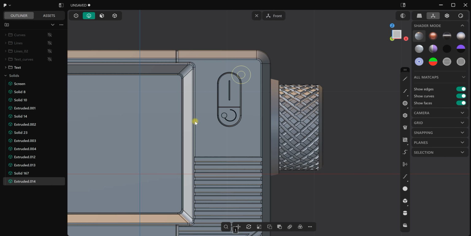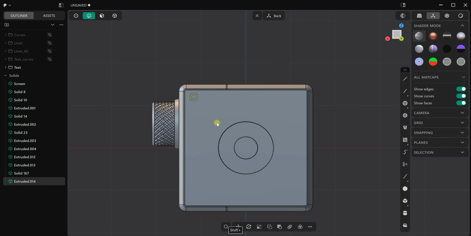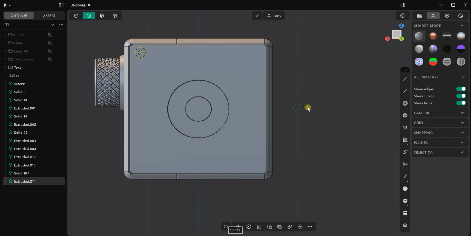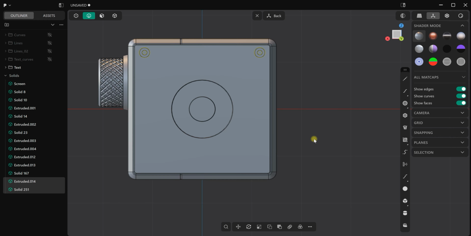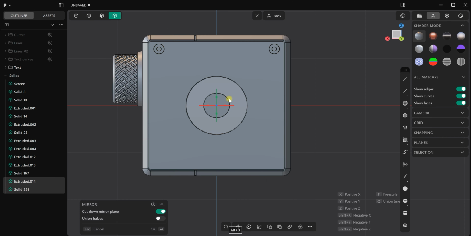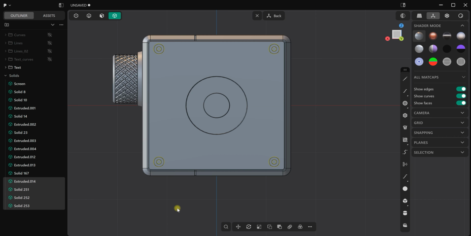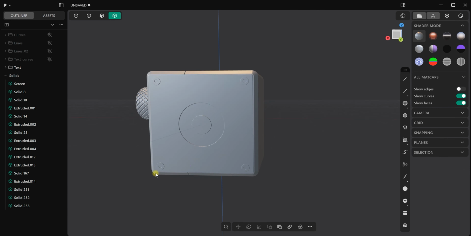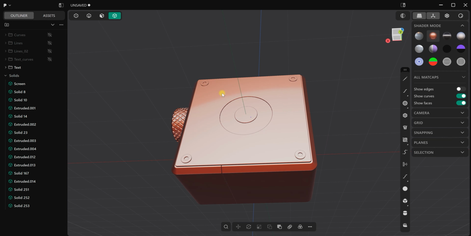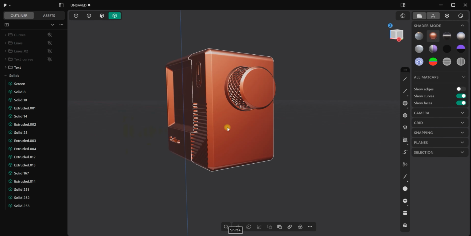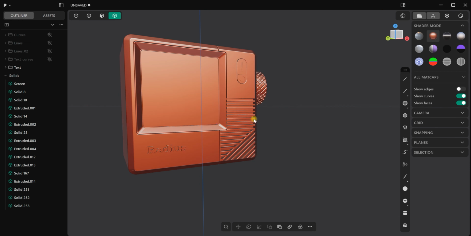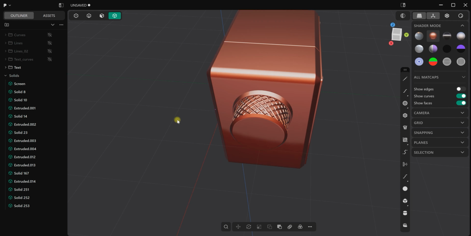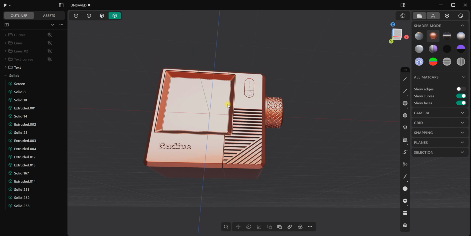Yes, go back to the back view and in solid mode press Alt X to mirror it. Click the gizmo, OK to confirm, then again select our circles in solid mode, Alt X, click the gizmo and OK to confirm. And we are done, guys. Let's see what we got. And it's beautiful. It's not a TV, I call it a radio device. Now you can export to render